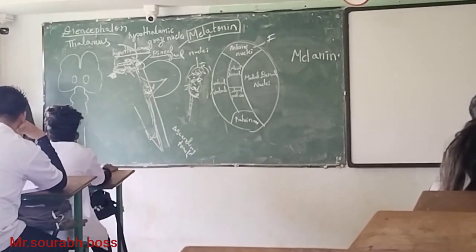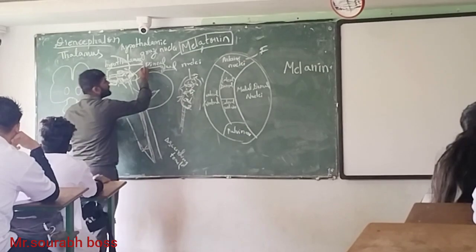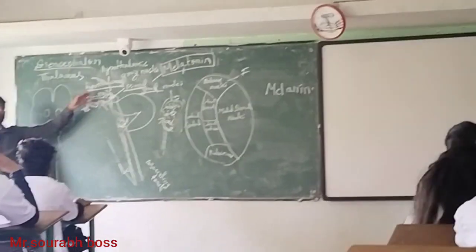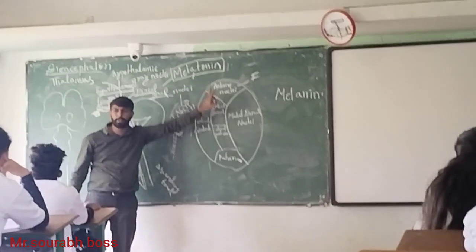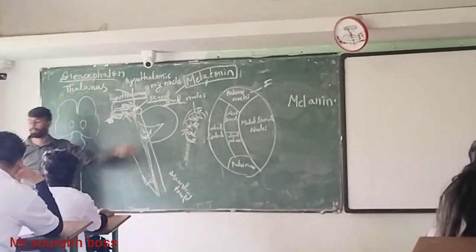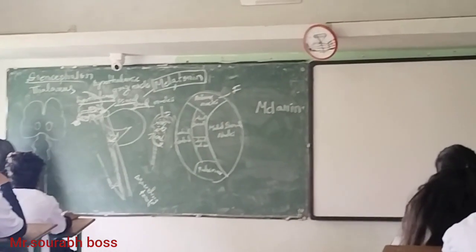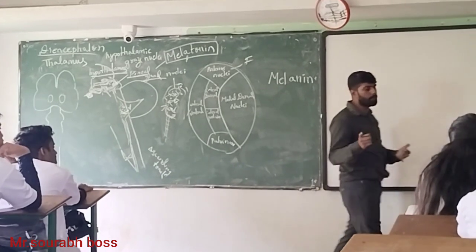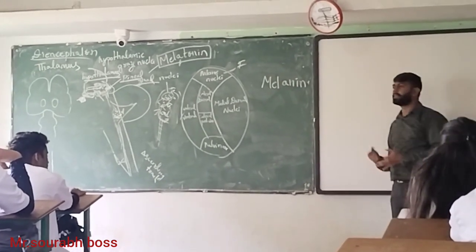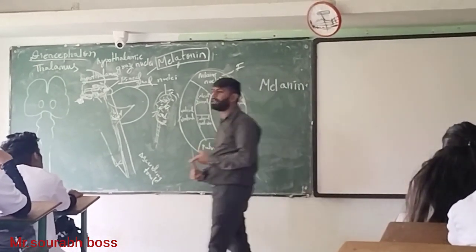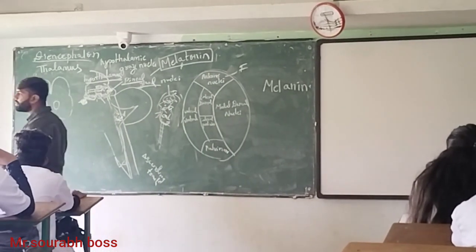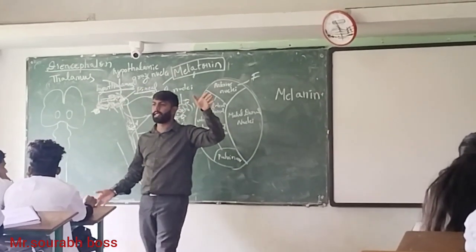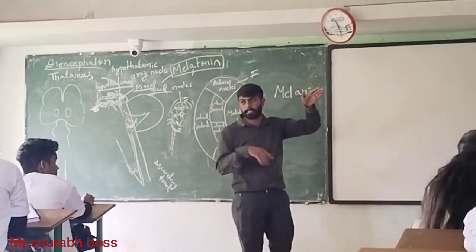So you have two glands mainly. One is the pineal gland, another one is the pituitary gland. The pineal gland will produce the hormone melatonin. The pituitary gland can produce so many hormones. Just remember thyroid stimulating hormone, human growth hormone, then oxytocin, then prolactin, then adrenocorticotropic hormone. So many are there, like 9. If you write those 9 with the explanation,